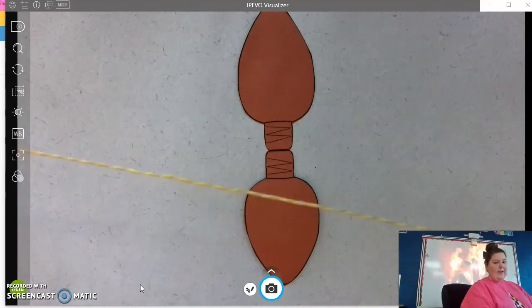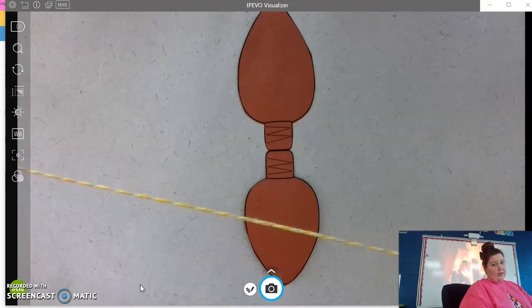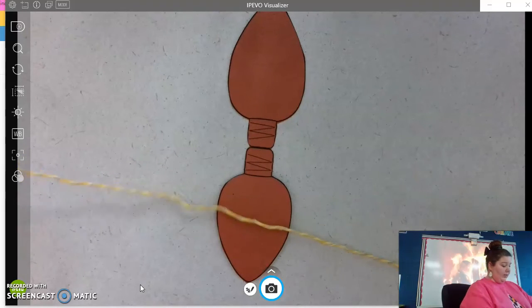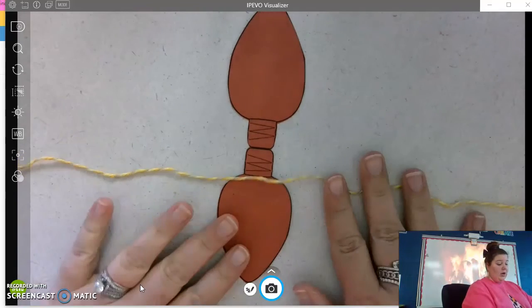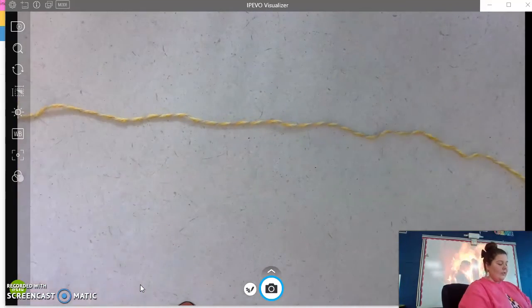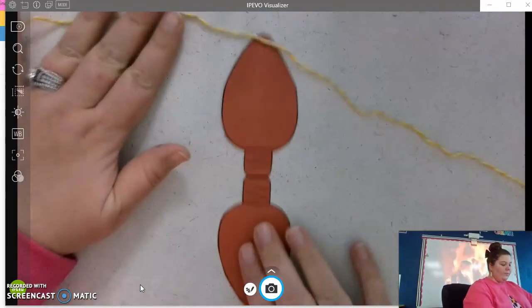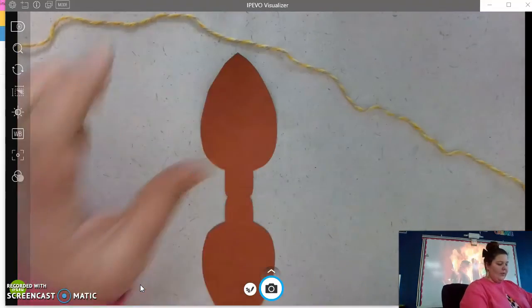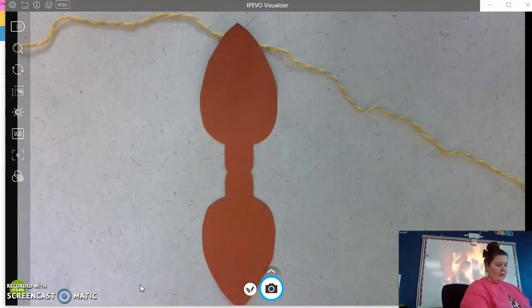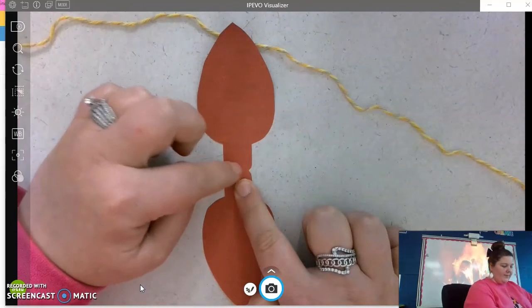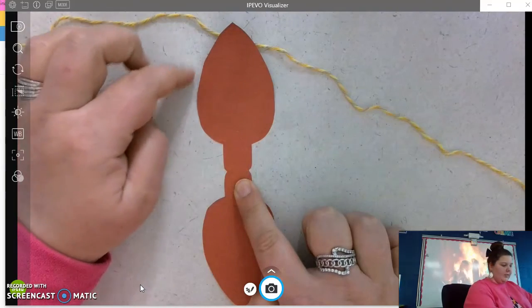So then you have your string. Mr. Wrenchler helped me do some of these, and I told him to do 2 arms length worth of string, and his arms are much longer than mine. So some of you have a lot of string. That's okay. What you're going to do, you see where the lines are on the light? Flip it over so your lines are on the table. Okay? I'm going to put my finger right here, right in front of where it indents a little bit.